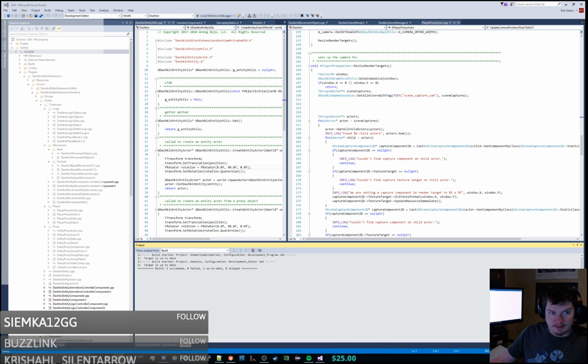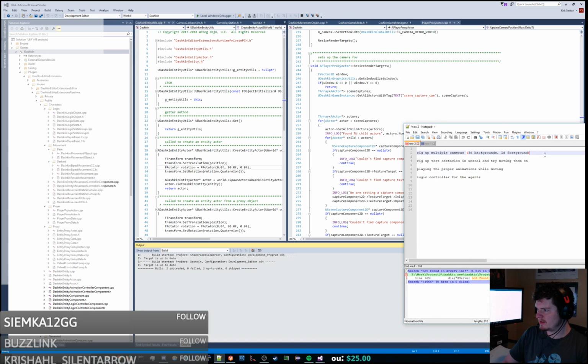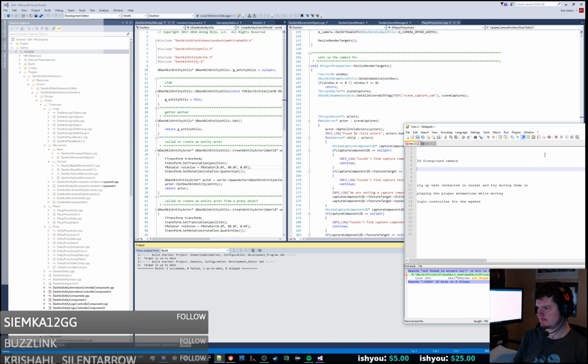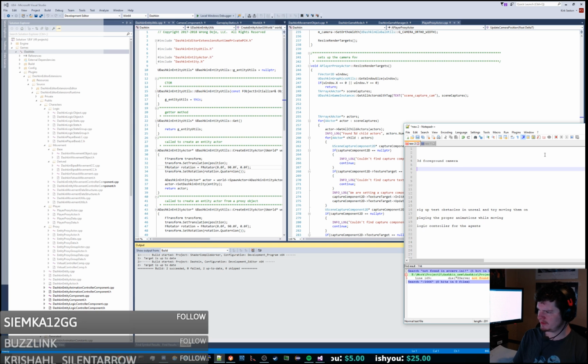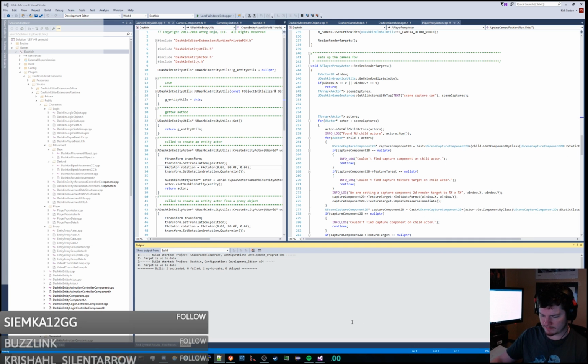So let's see. Let's pull up what we basically need to do. So basically today we had this basic thing. So we need multiple cameras. So we need a 3D foreground camera today. So start by making that. And how we kind of plan on making that